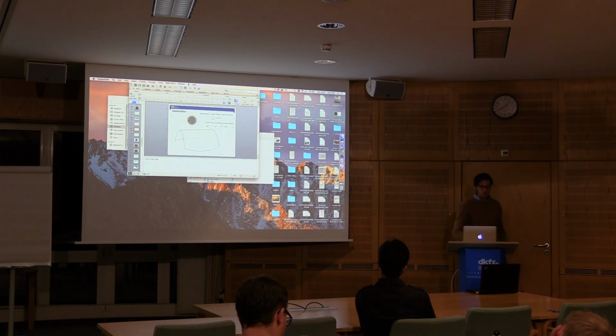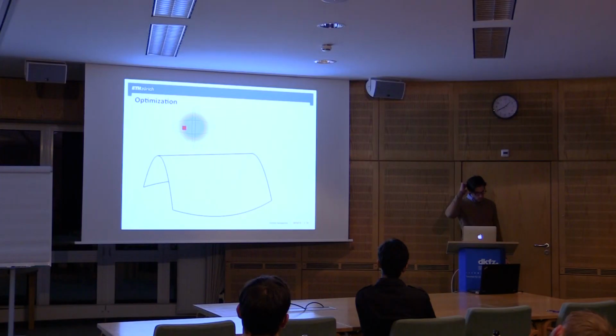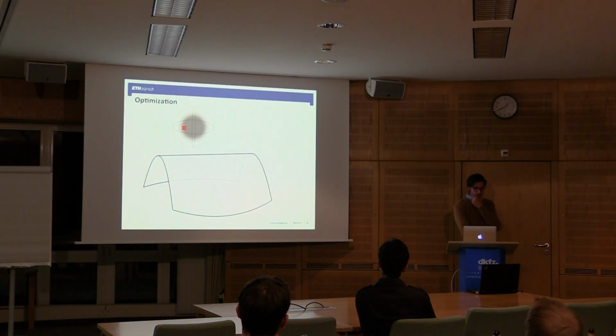Let's see. Okay, I see what you mean. However, I think this could definitely work. We haven't tried it, but I think this could work. But the advantage of doing it in the image space is exactly that you get independent of the K-space. And this is advantageous for many reasons, because